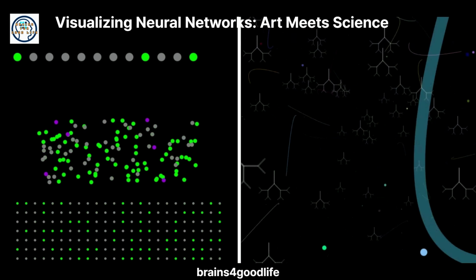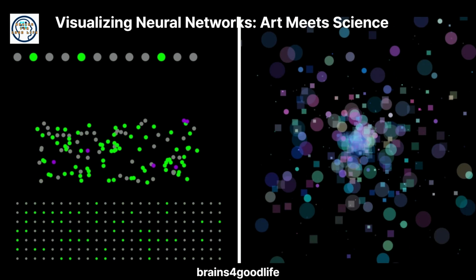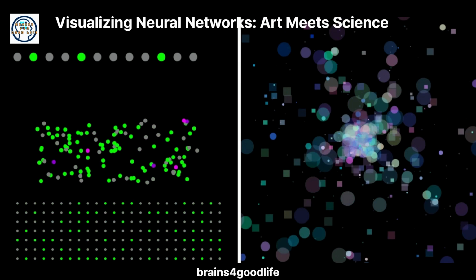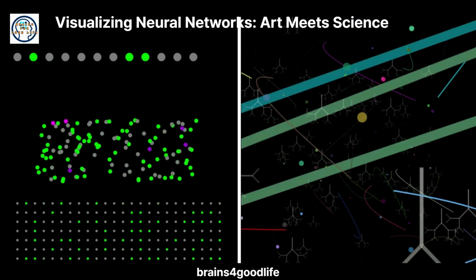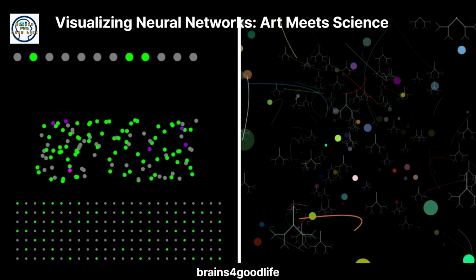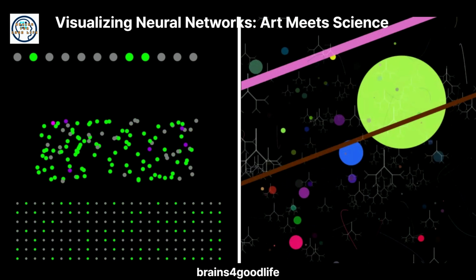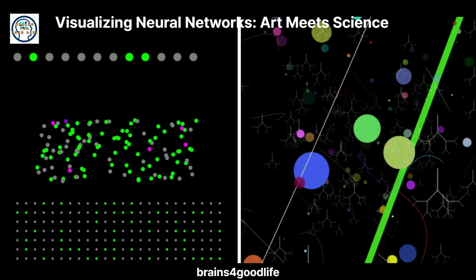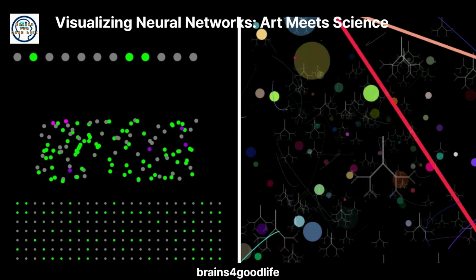The network operates by randomly activating input neurons and propagating this activity through the hidden and output layers. A dynamic visual representation uses color changes to indicate neuron activity, providing an engaging metaphor for information flow in biological